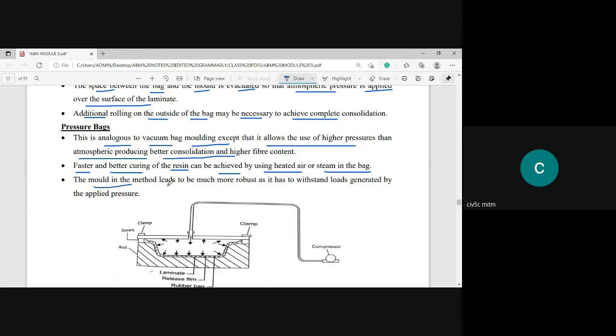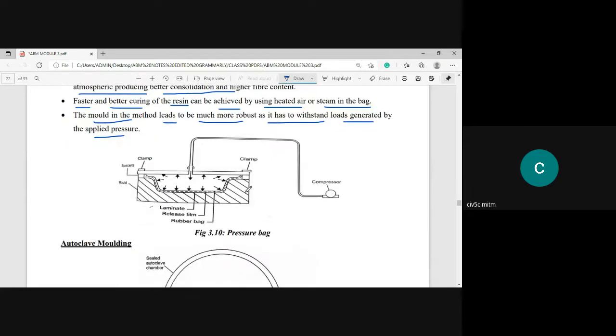The mold in this method has to be much more robust, as it must withstand loads generated by the upward pressure, because of the method of manufacturing. Based on the method of manufacturing process, the mechanical properties of the FRP composite will differ. In pressure bag, as compared to the spray up technique, layup technique and vacuum bag technique, you can manufacture the FRP composite more effectively.